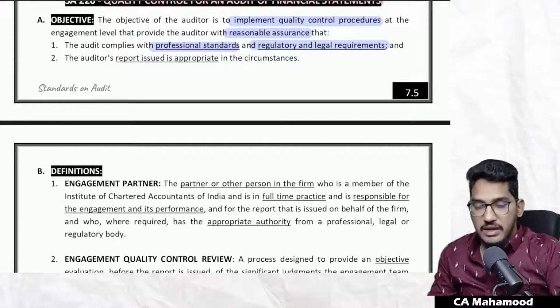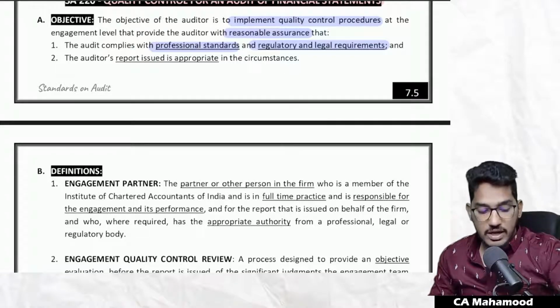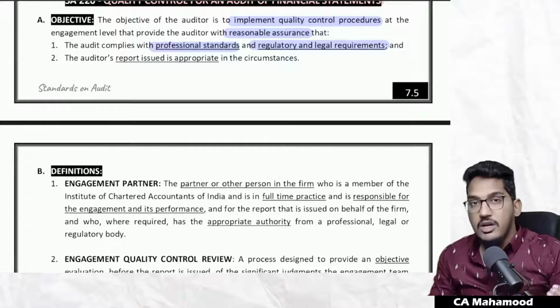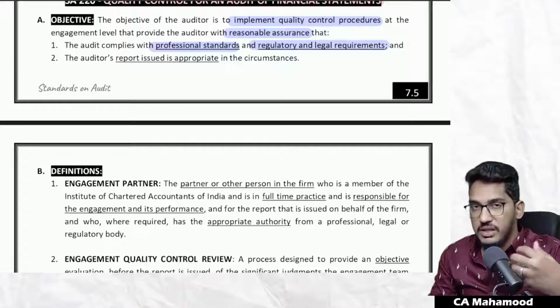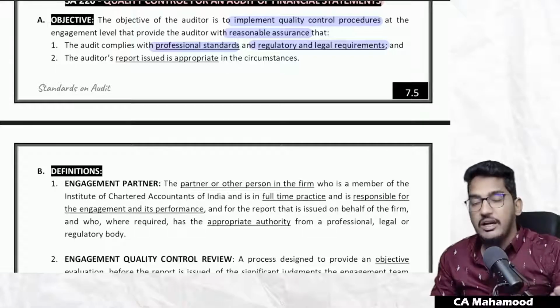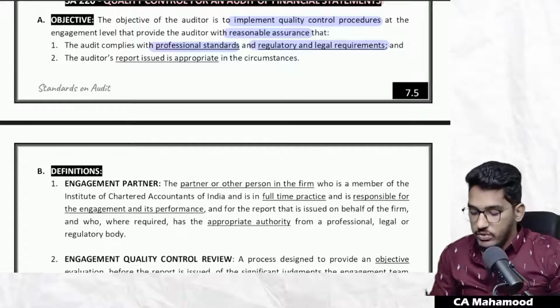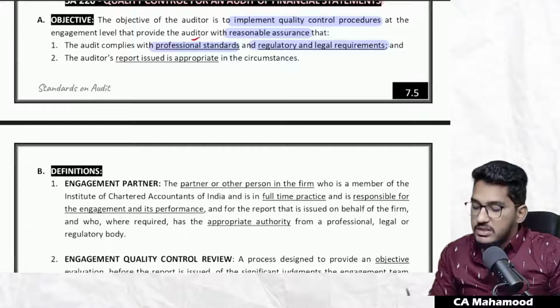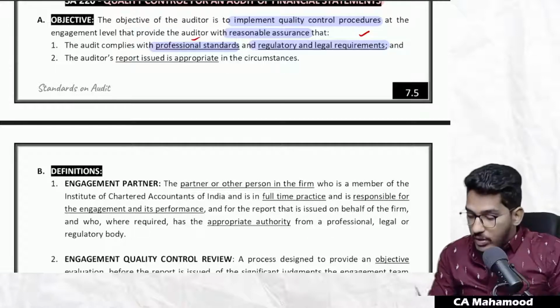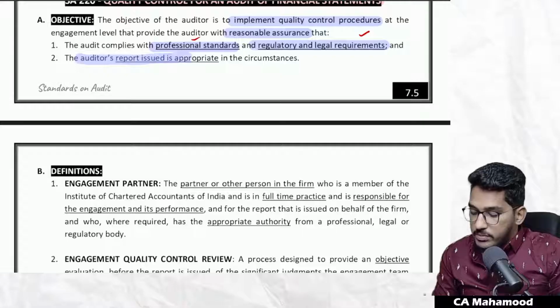So that means according to this standard, the auditor is required to follow some quality control procedures so that he will get the confidence, he will get the reasonable assurance that whatever work an auditor is doing, he is doing it as per the professional standards and legal and regulatory requirements, and also the auditor's report issued is